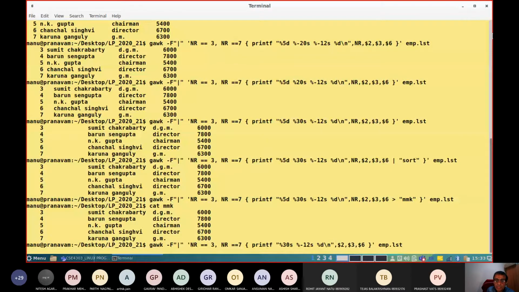I want to print name, designation and their salary, and I don't want the line number to be printed. So I get an output something like this.